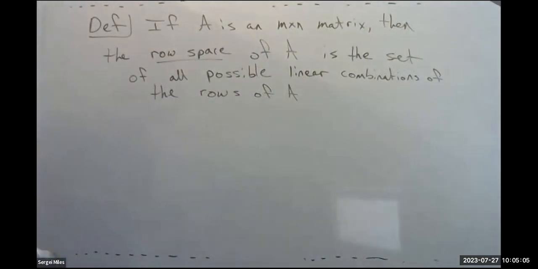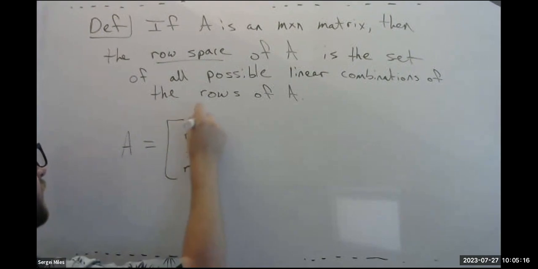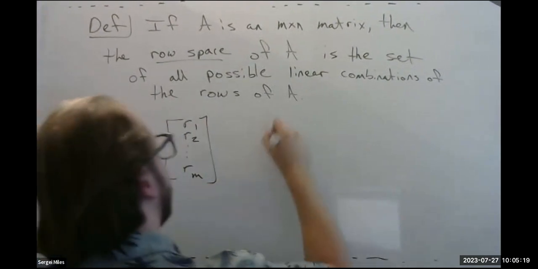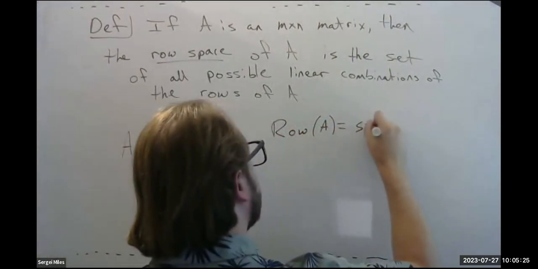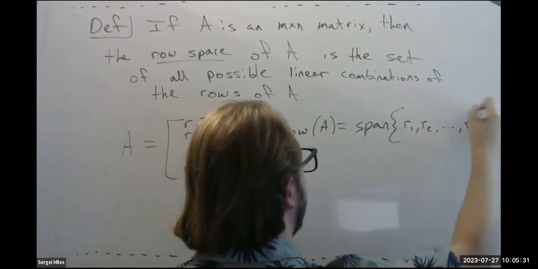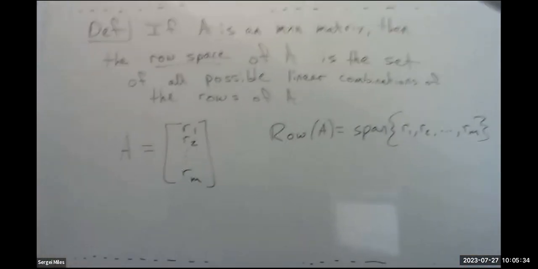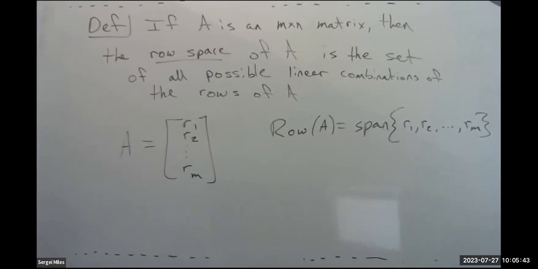of A, right? So if the matrix A is an m by n, that means it has m rows, row 1, row 2, dot, dot, dot, row m. What then is the row space? The row space is the span of these rows, row 1, row 2, dot, dot, dot, row m, right? Now the row space, it's not going to have direct applications to the transformation with the standard matrix that we were just discussing,